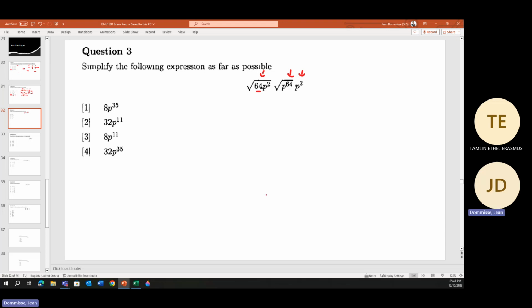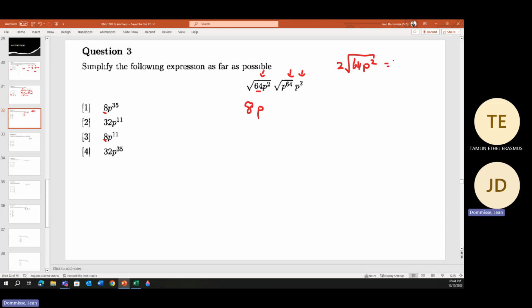So the square root of 64 is 8. So then already I'm looking, okay, that's probably one of my answers. The square root of p to the power of 2 is just p. Square root, and again, let's see why we did that, because it's exactly the same to say this,